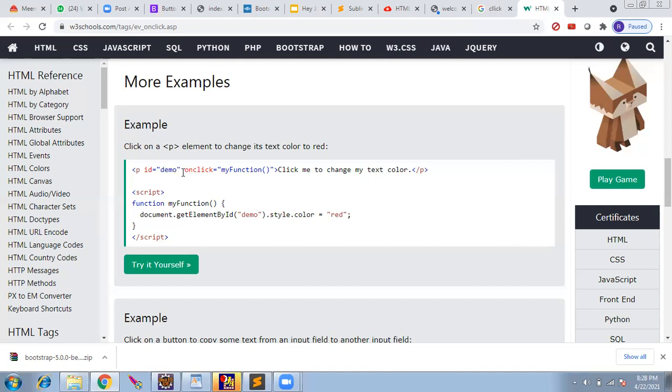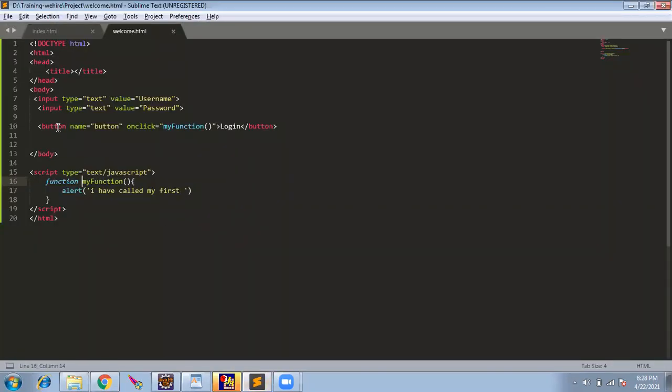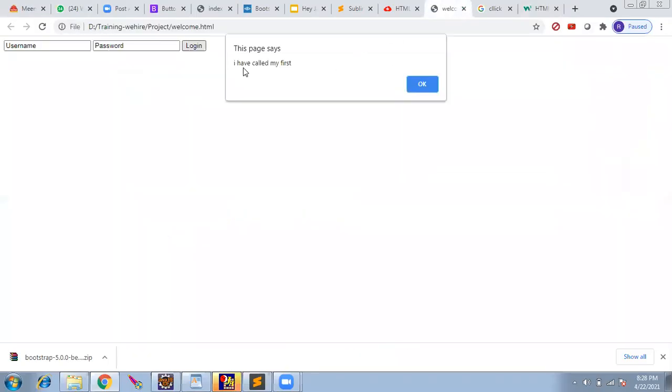Okay, it's an onclick function. If you click that button, something is going to happen. Wherever we give this onclick, it will be triggered. It is given in a p tag; I have given it in a button tag. onclick is an inbuilt function in the HTML page. When the user clicks on this, this will be called. So when you see here, I clicked and it is calling. When I click this, the function is calling.